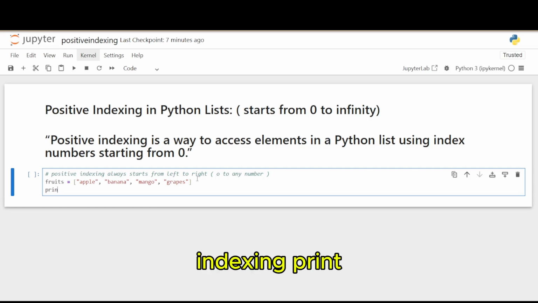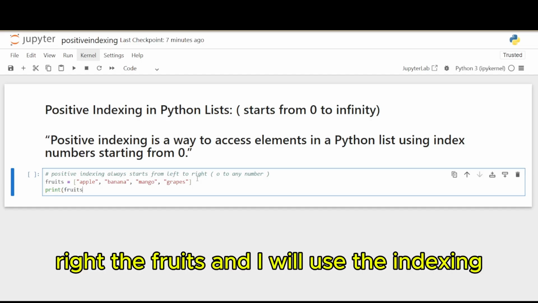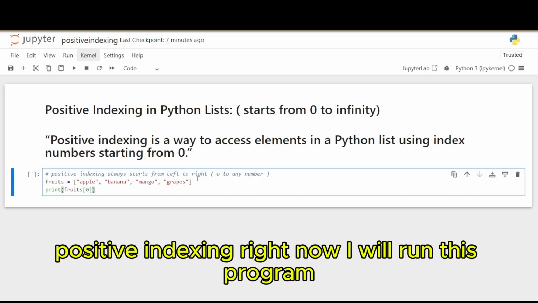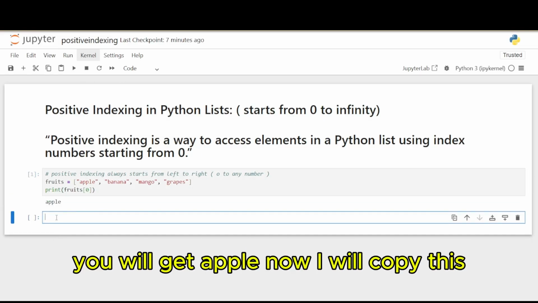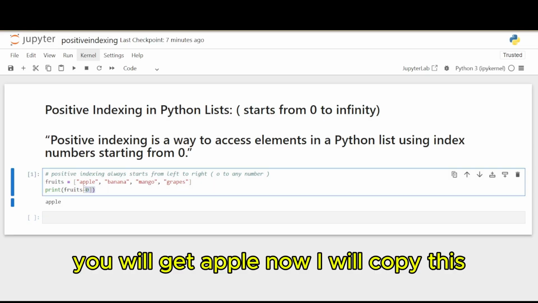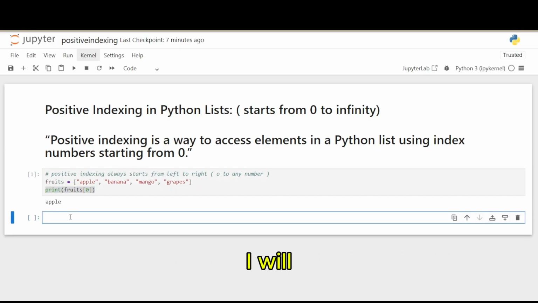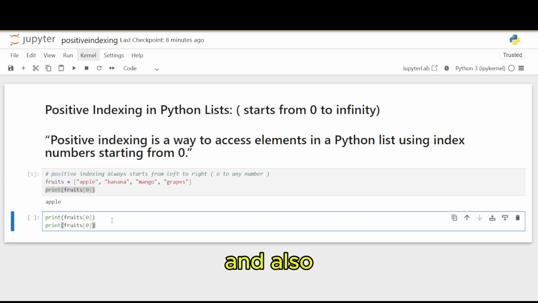Indexing. Print, right? Write the fruits, and I will use the indexing, positive indexing, right? Now I will run this program, you will get apple. Now I will copy this print statement, and also